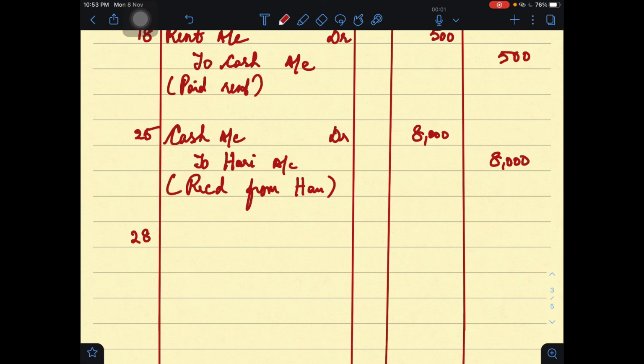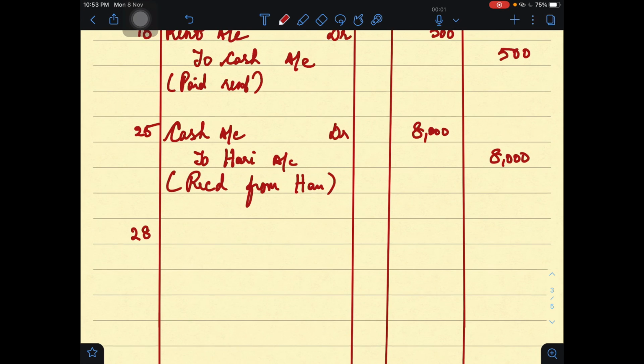We say instead of Manohar's own money or something like that, we call it drawings. Drawings is the account used in the case of a withdrawal the proprietor makes for his personal use or private use or maybe own use or domestic use. So these are the alternate terms you use. These four terms we use alternatively to represent drawings made by the proprietor for his own use. So drawings is also personal.